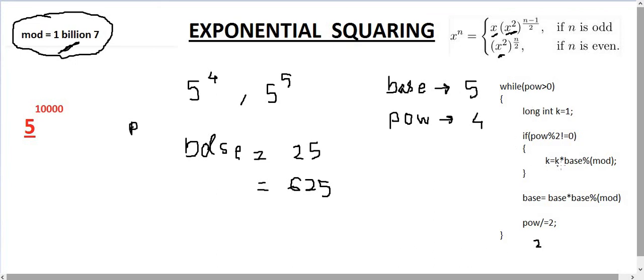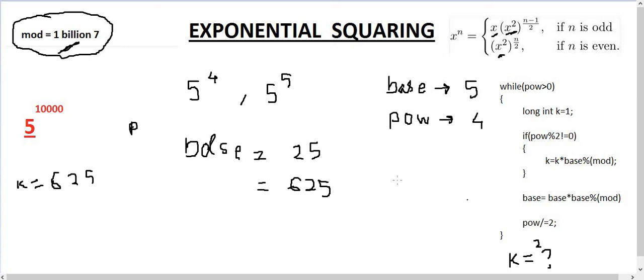So k would be k times base, that is 625 mod. So our k would become 625 in this case, and what we are going to return is k only. Let's think of this as a function. At the end of the day, k would be our required value of base to the power exponent.